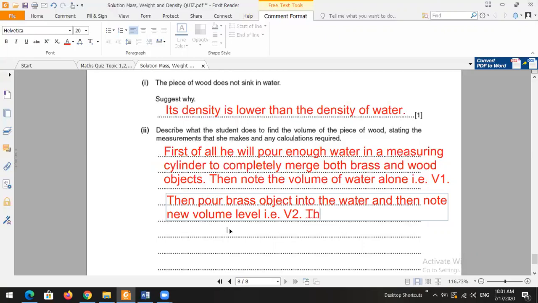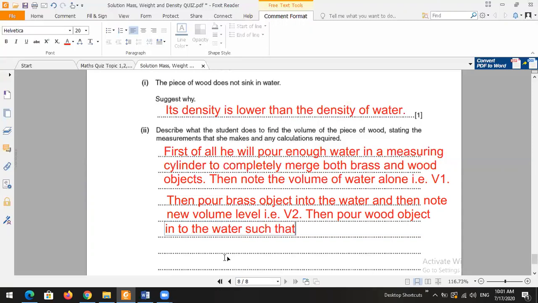Okay. Then pour the wood object into the water